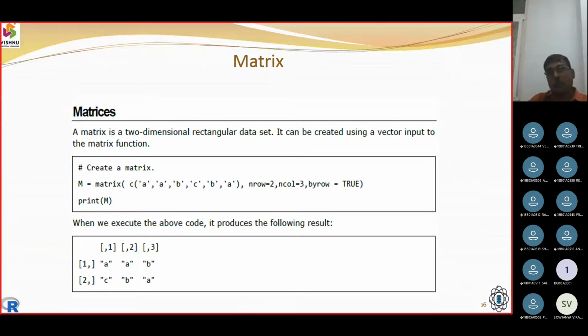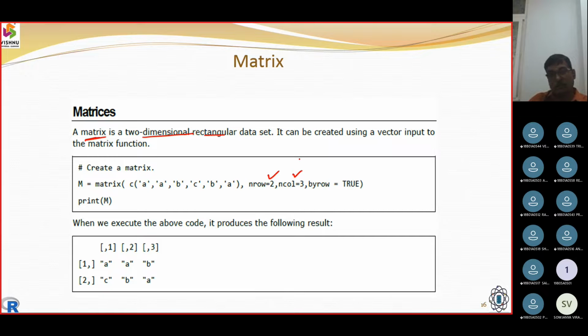Next was a quite interesting data type, which we call a matrix. This is a two-dimensional matrix, and it is created with both rows and columns.